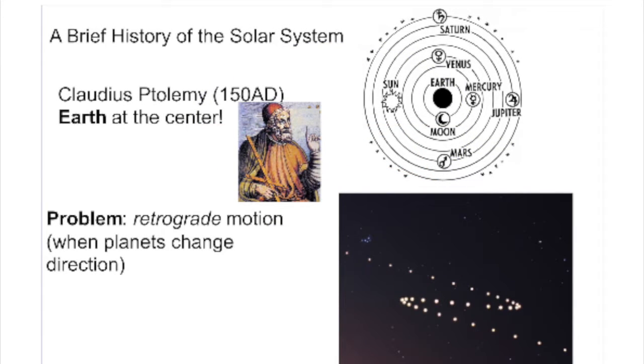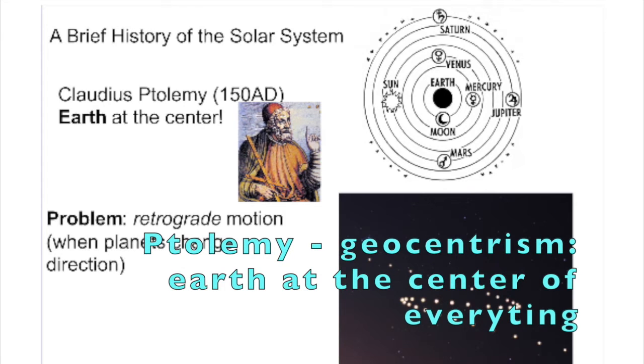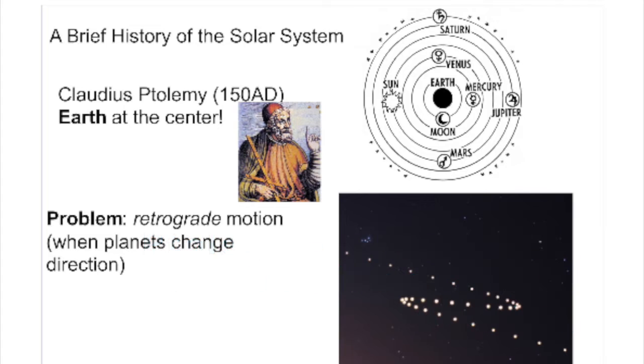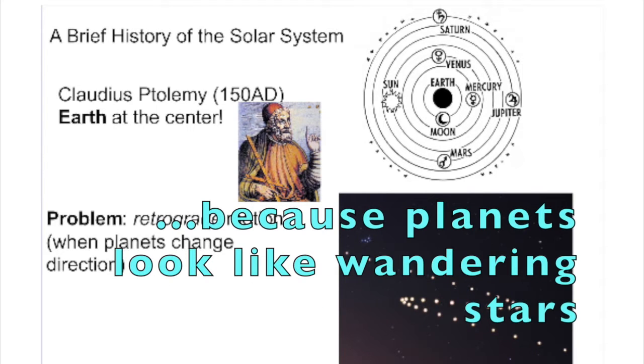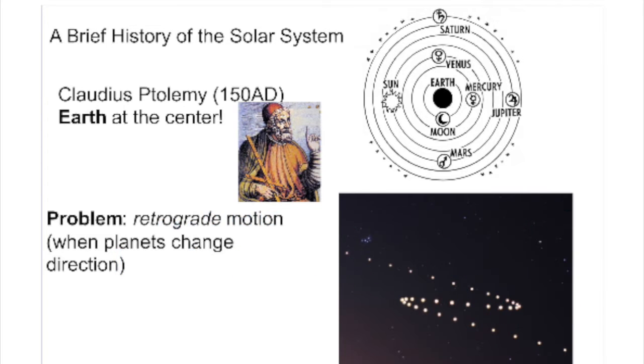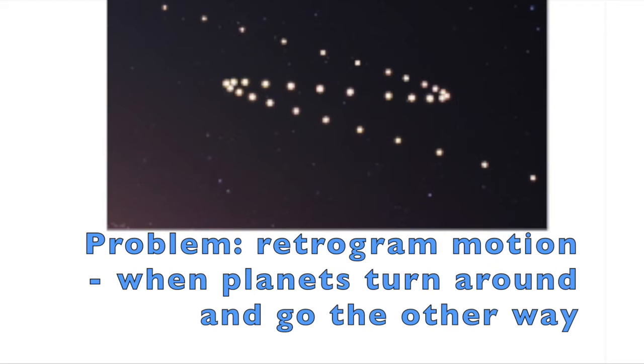So the early work on the solar system was the Ptolemaic solar system, which was the geocentric system, that the Earth's at the center, because obviously the Earth doesn't move. We can tell that the Earth doesn't move, everything else must go around it. But this posed a problem in that when we looked up into the sky, we saw certain stars that tracked across the sky differently than the rest of the stars. These got named planets, planet meaning wanderer in Greek. And these planets would wander across the sky differently than the other stars, and sometimes they would go backwards. This is called retrograde motion.